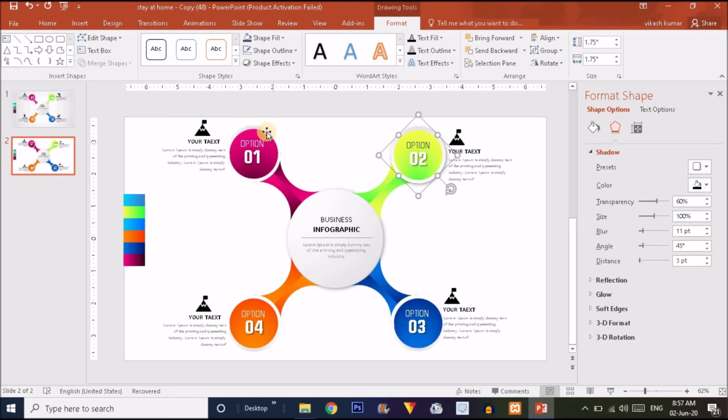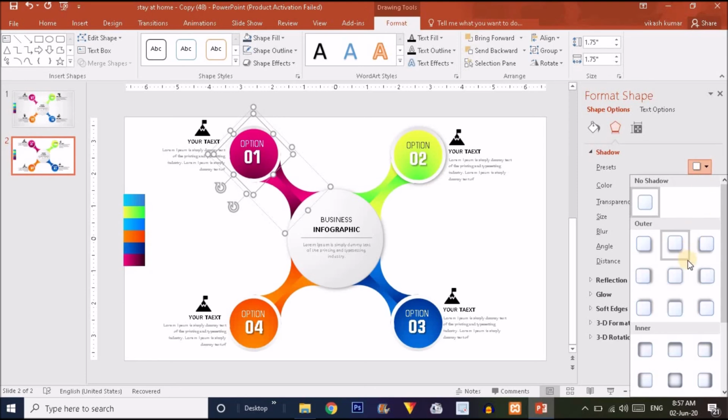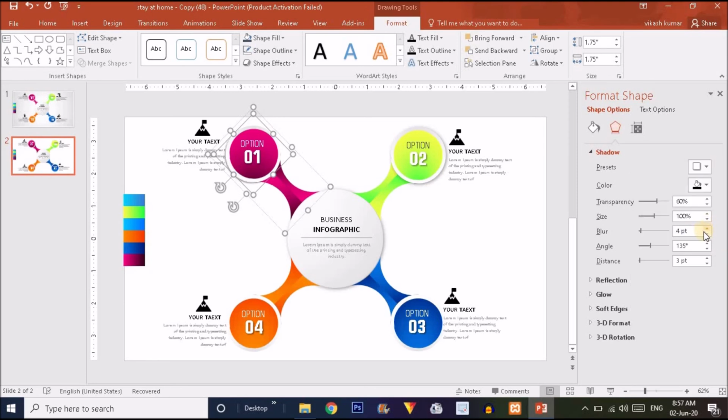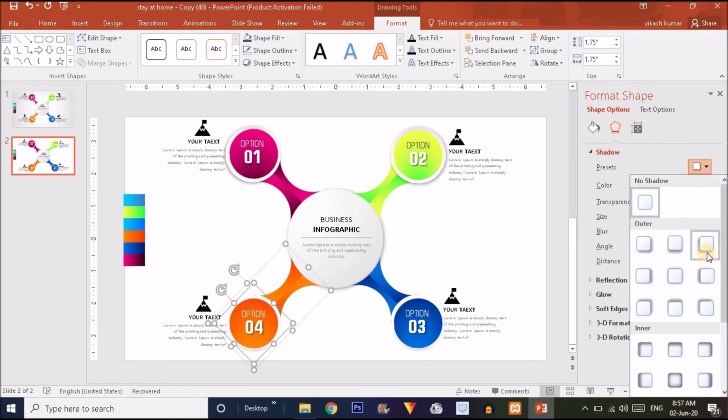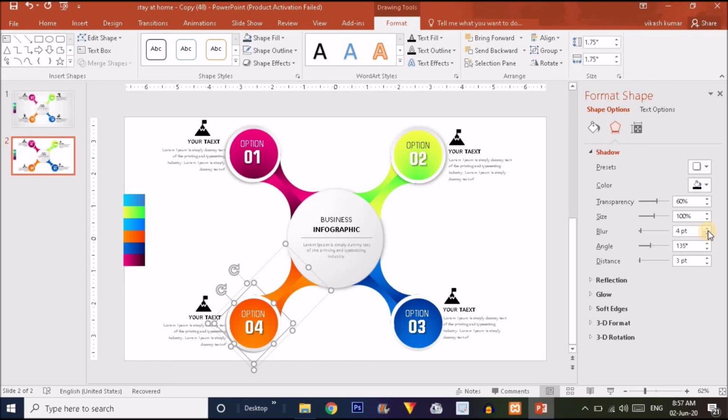Do the same with these shapes and you will see the difference you get in your presentation. So I'm going to choose this preset over here and make the blurriness 10 pt. Now I'm going to choose this one. Again I'm going to choose the preset, like this preset over here, and make the blurriness